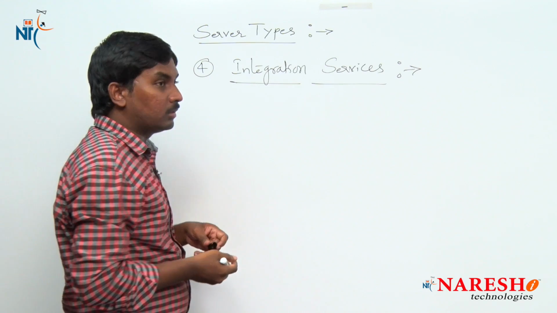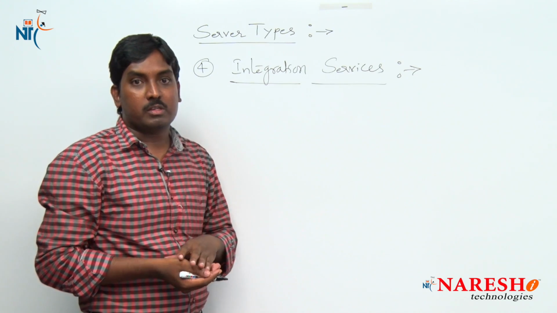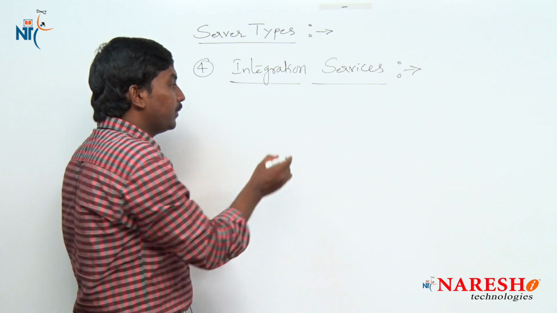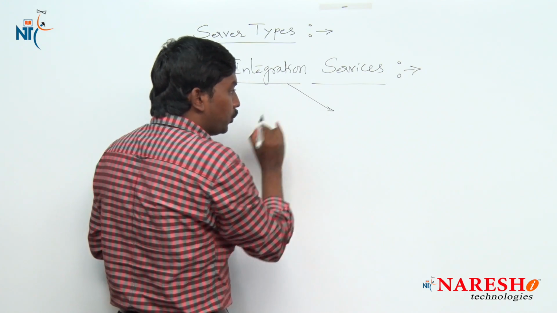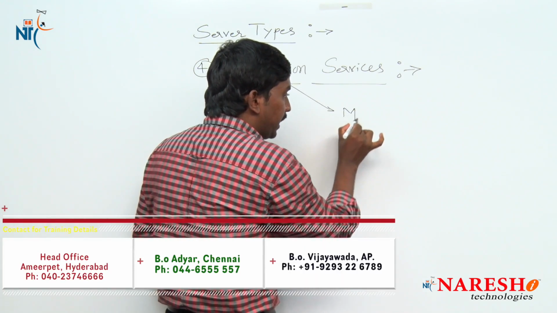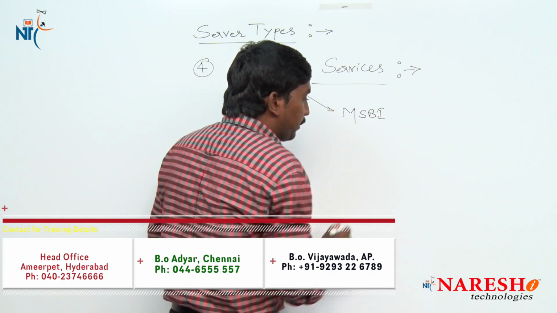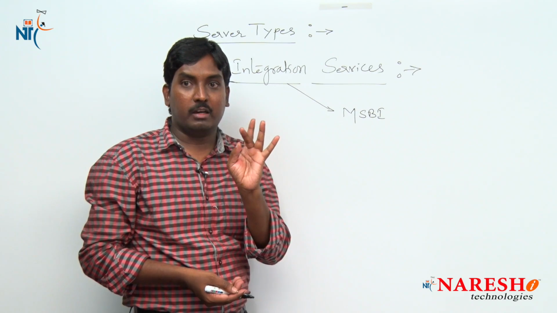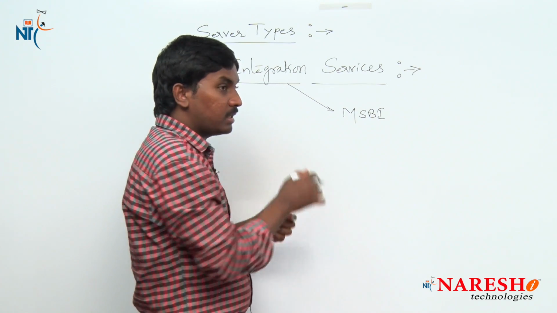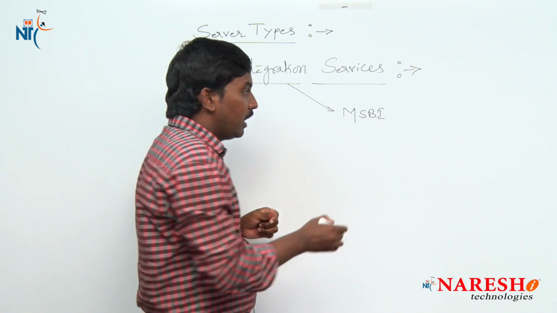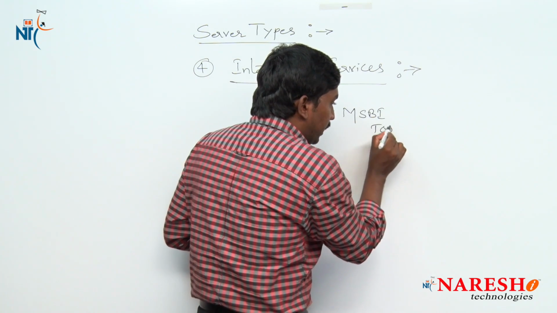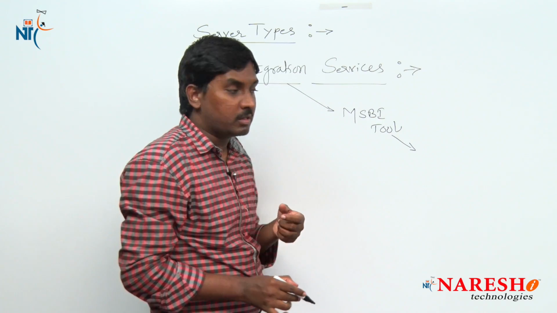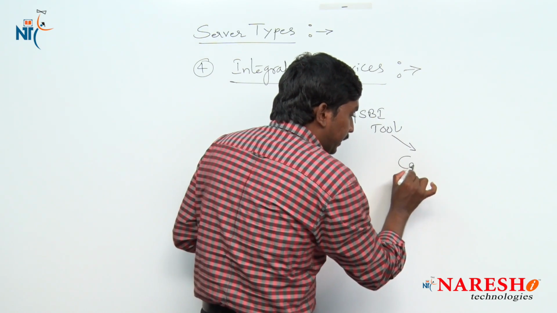So now observe the integration services. Again, where can I use this service? The simple thing is, the integration services is also one of the MSBI tools. I already told you the MSBI tools are of three types: SSAS, RS and IS. So IS is one of the tools of MSBI, and why and where can I use this tool? Whenever I want to convert